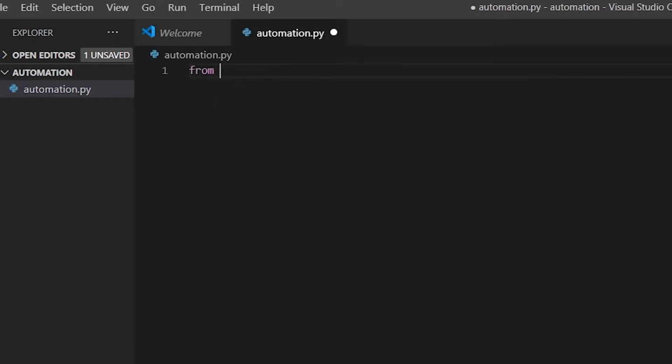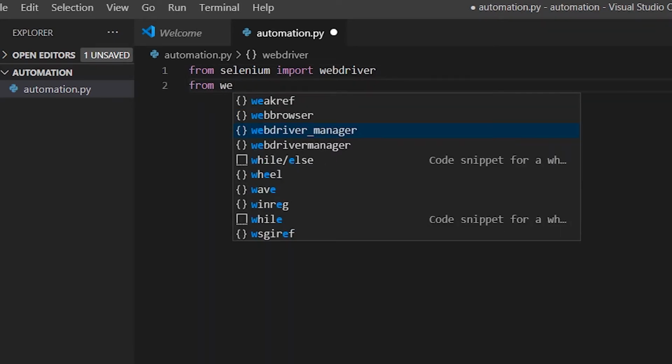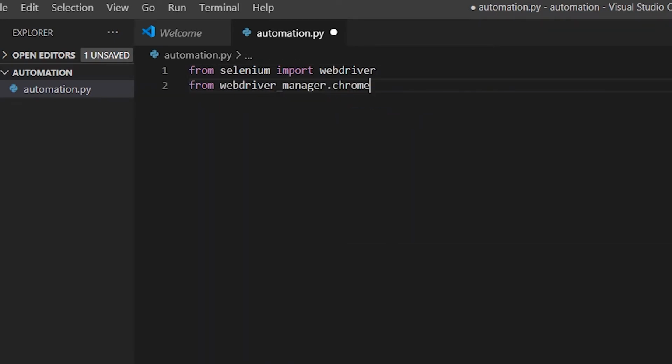So from selenium, import webdriver. Selenium is the tool that we will be using to power our automation. Remember, we also installed WebDriver_manager. In order to automate an activity with the browser, a driver for the browser is required. WebDriver_manager will ensure that we are using the latest driver available for a given browser. So from webdriver_manager, import ChromeDriverManager. Why ChromeDriverManager? Because we will be using Google Chrome as the browser for our automation.